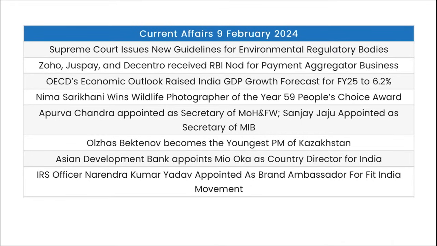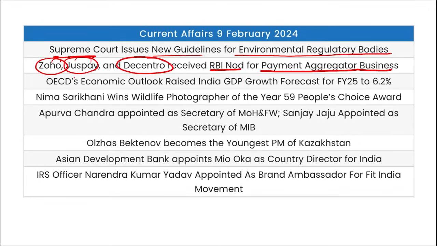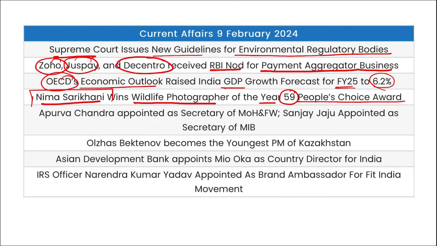Next, let's go to one-liners now. Supreme Court has issued new guidelines for environmental regulatory bodies. Zoho, Juspay and Decentro received the RBI nod for payment aggregator business. OECD's economic outlook raised India's GDP growth forecast for fiscal year 25 to 6.2%. Nima Sarikhani wins the Wildlife Photographer of the Year 59 People's Choice Award. Apurva Chandra appointed as the Secretary of Ministry of Health and Family Welfare, whereas Sanjay Jaju appointed as the Secretary